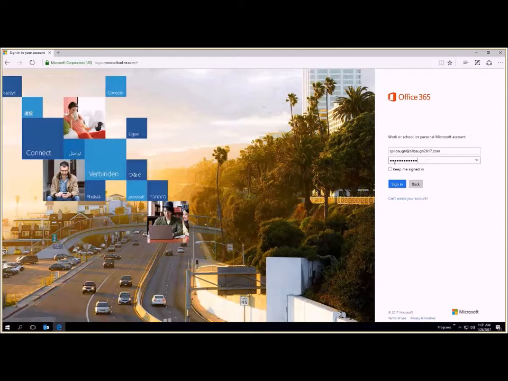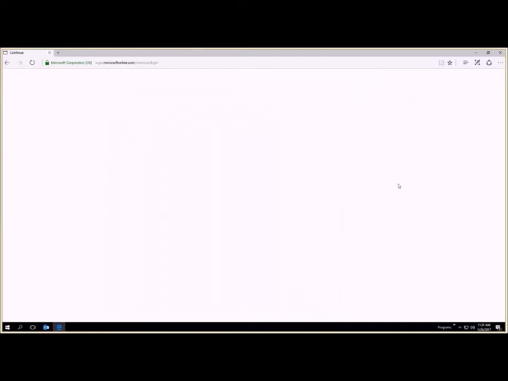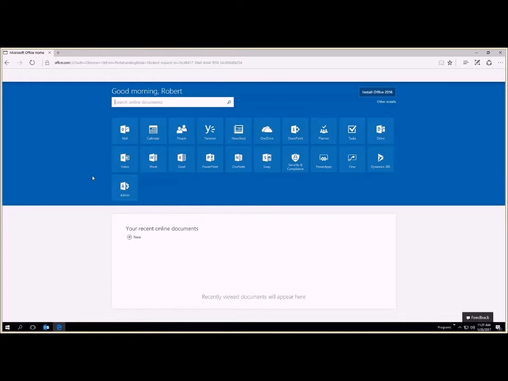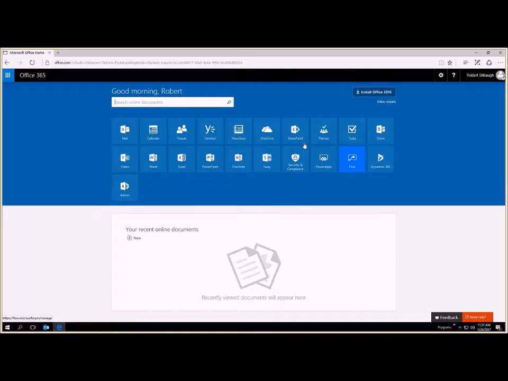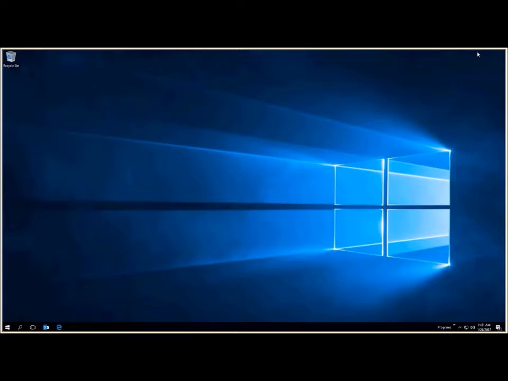Your password will be the same password that you used for your Microsoft.com account, only now we're logging in with our public credentials. And you can see here that this looks a little different now that you've got your E3 license assigned to your user account. At this point, we're logged in with our new account, so I'm going to minimize this window and I'm going to try and